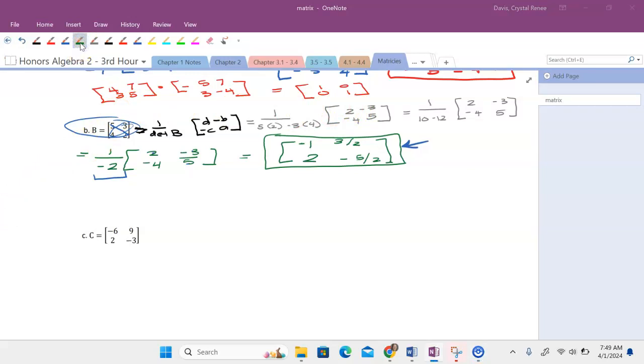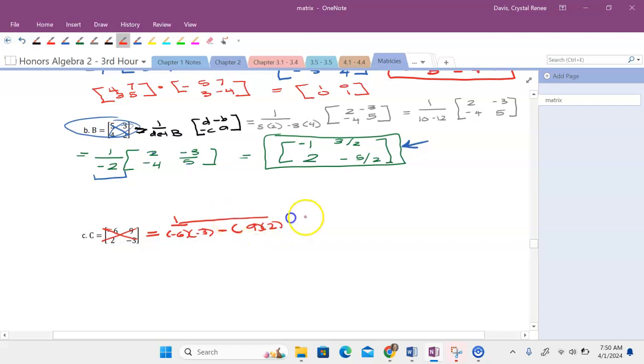All right, so let's look at matrix C now. Okay, so let's go ahead and find the inverse matrix for matrix C. So it'll be 1 over the determinant, so 1 over -6 times -3 minus 9 times 2. Okay, and then I'm going to multiply that by